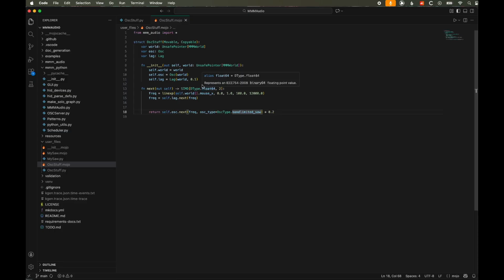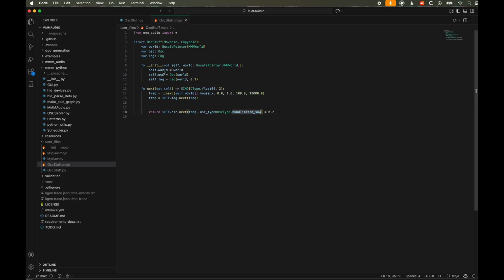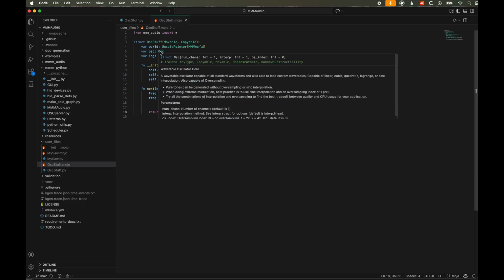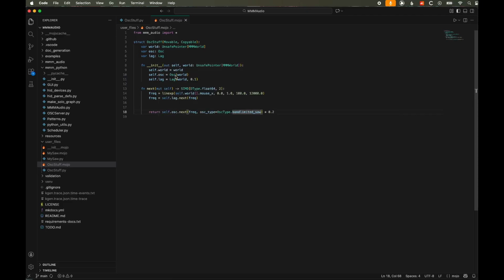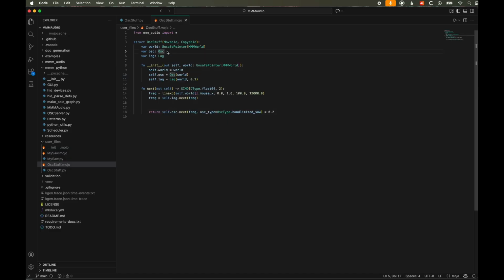So the OS struct actually has different ways of dealing with this. If you hover over OS, you notice the struct has something called parameters. This is getting into the difference between parentheses in Mojo and brackets. When declaring the OS variable, we can use parameters